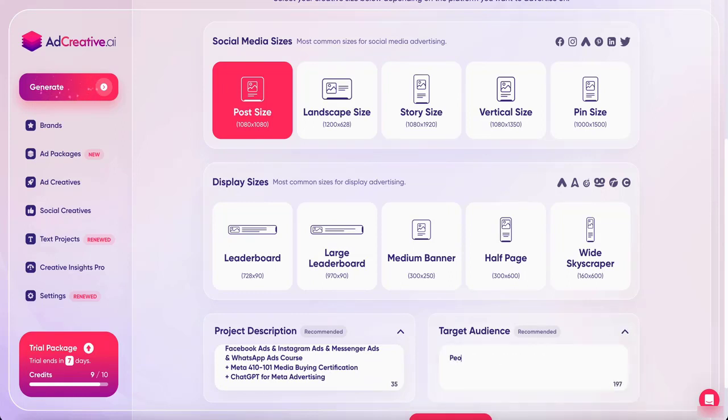Let's say people need to learn to advertise on Meta.